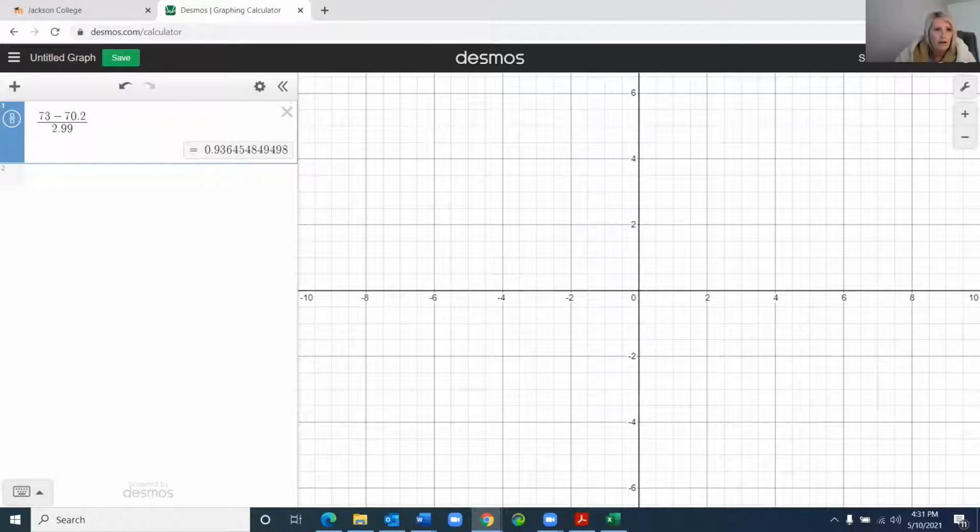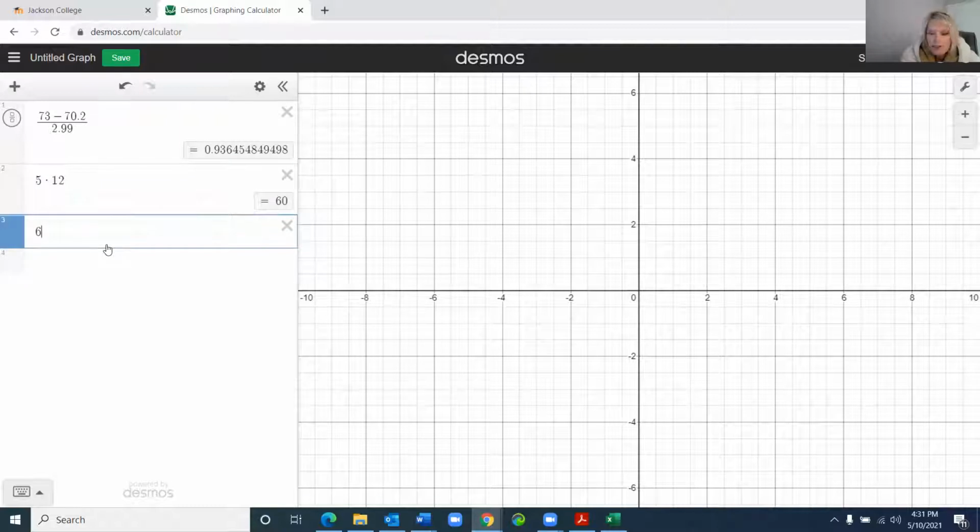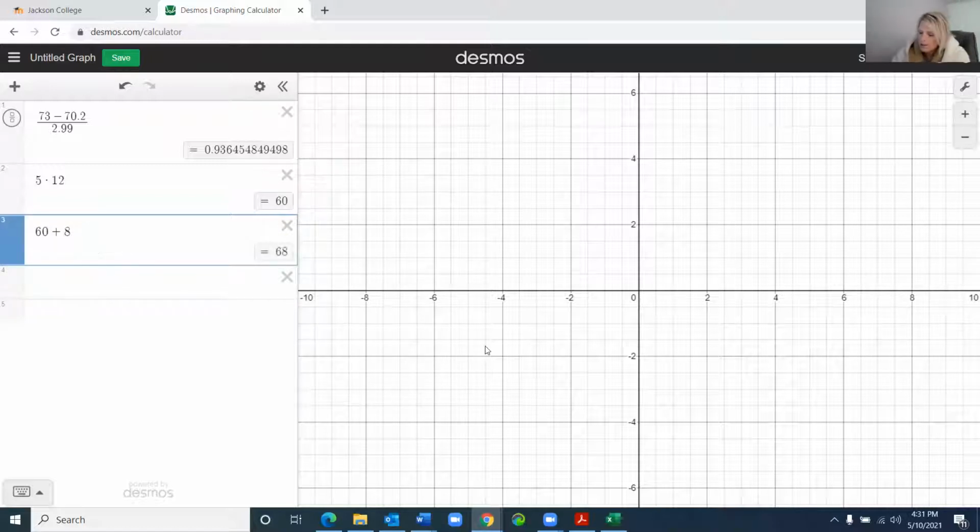And then Ray, her height was 5'8". So I can actually edit that right here in Desmos. I can say 5 times 12, which is 60, plus the extra 8 inches. So she's 68 inches. So her z-score is 68, subtracting the average for women, which is 64.8, divided by the